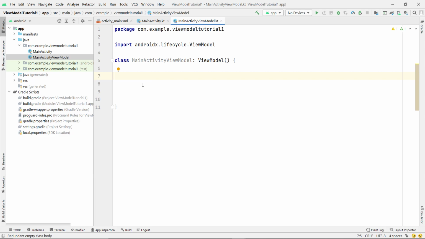This thing is going to be very helpful when we are working with Room database and RecyclerView. Then we need to pass an array list or anything else as a context or as an argument. At that time, we need to use View Model Factory. So View Model Factory is important.